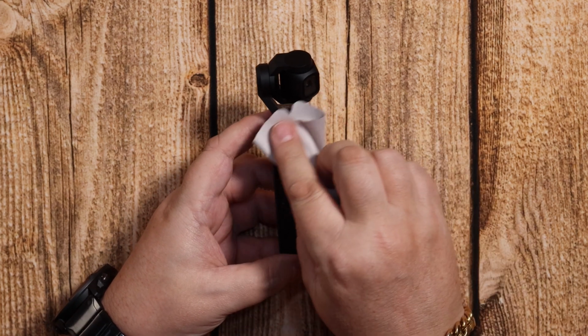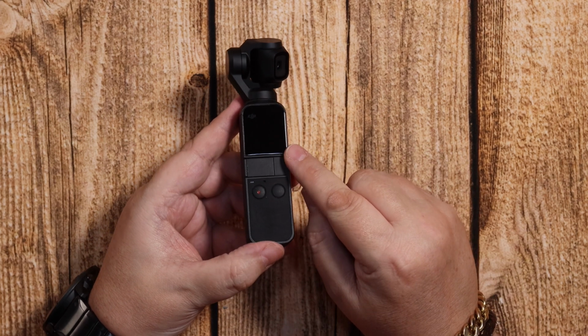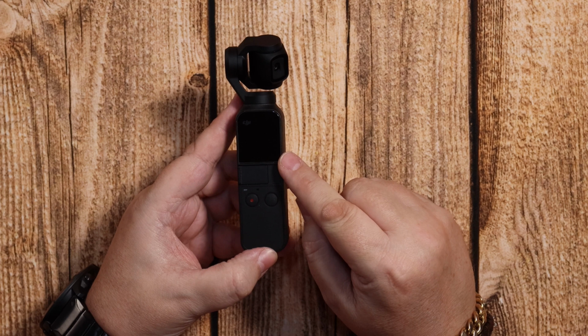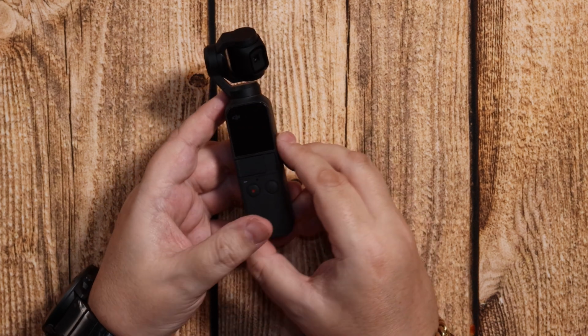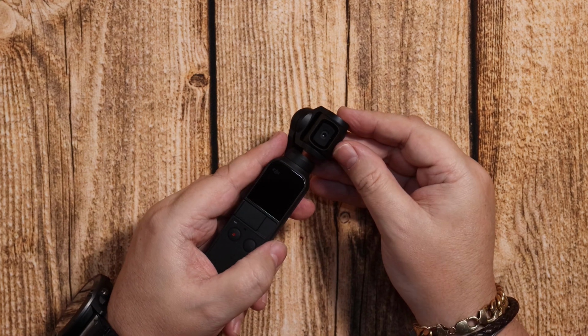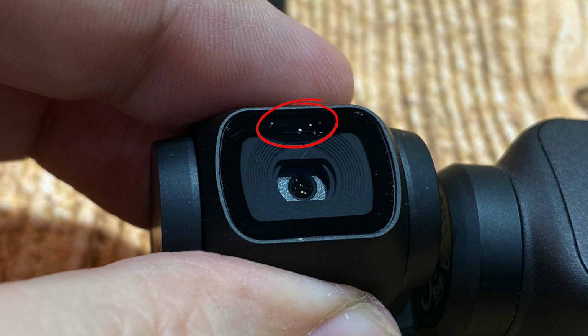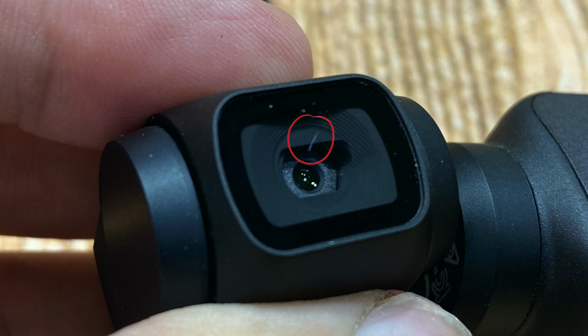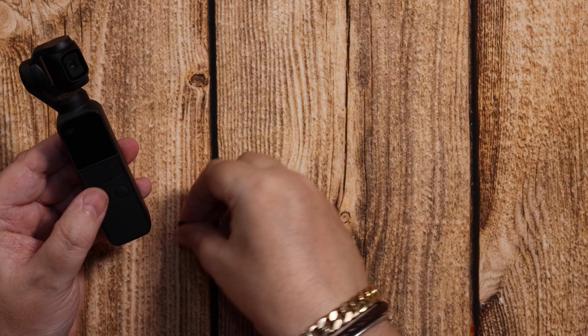First off, this is the tempered screen protector that I put on. And as you can see, it's still absolutely shiny and perfect, and it hasn't got any scratches on there. Now, I didn't put one on the lens. I wish I had now, because you can see there are little chips, and there's also a nasty scratch right in the middle. You can't see any of it on the video or photography, thankfully, but they were caused by